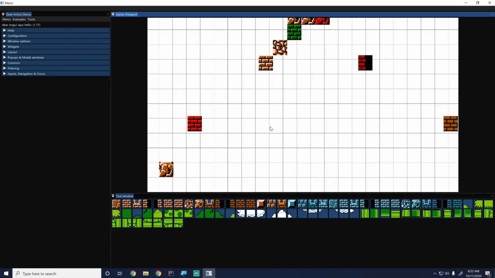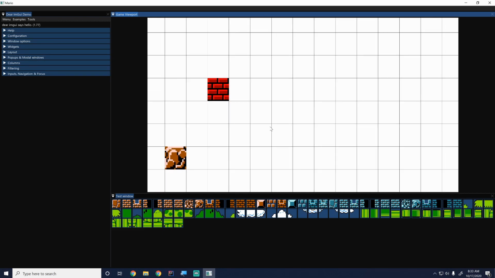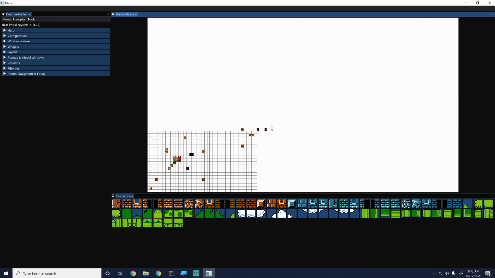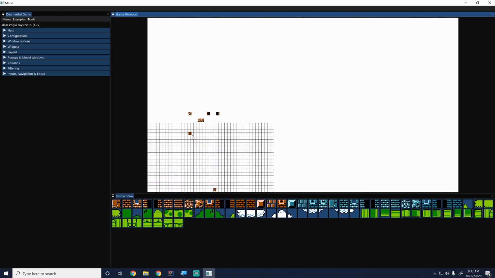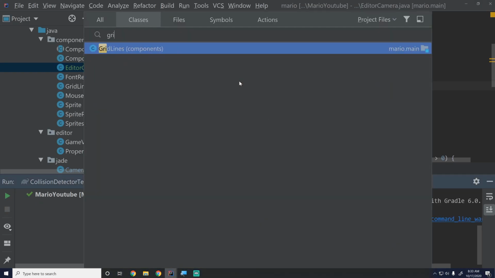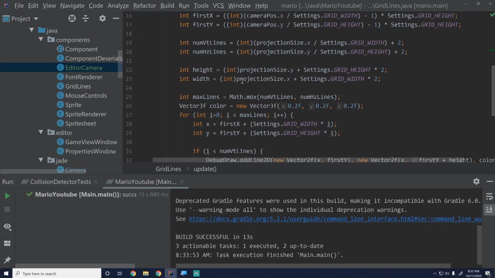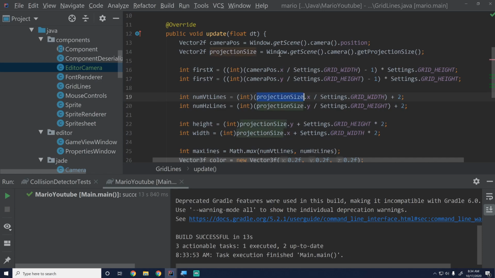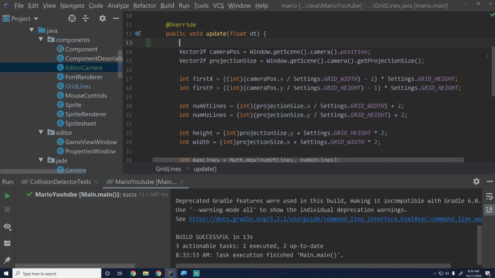Okay, so now the zoom is working better, and you'll notice it slows down as we go farther in, and it speeds up as we get farther out, which is nice. And if we move around, it moves around, except our grid lines are messed up. So let's fix those up real quick. It's relatively simple. We can look into here and notice immediately that we're just not taking into account the camera zoom in the projection size. So what we can do is we can just say camera